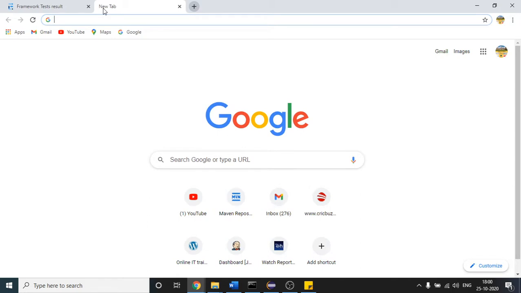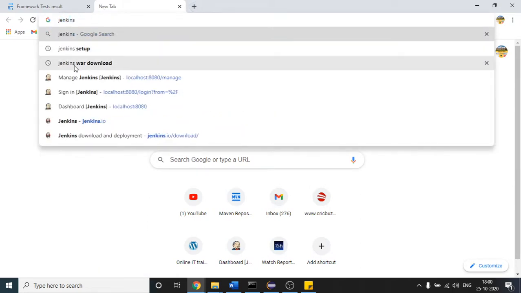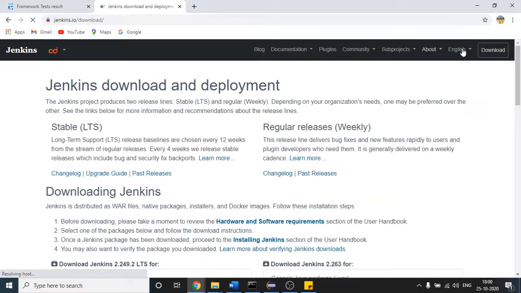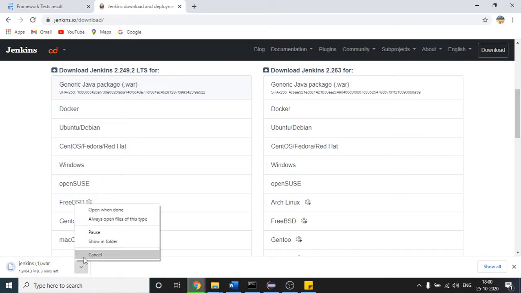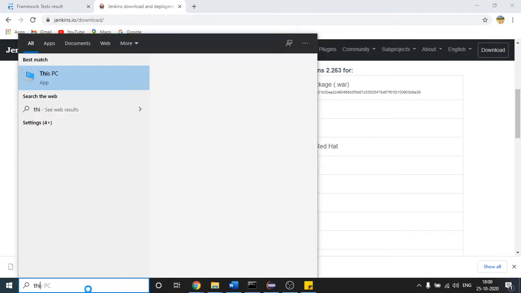So see here, before working with Jenkins, let us download one file, which is this file. Click this, and if I come down, you can download this one, right? This is the one we are interested in as of now. So you can download this file. Left click it, and the file will start downloading. As of now I already have that file, so let me cancel it and show you where this file is present.